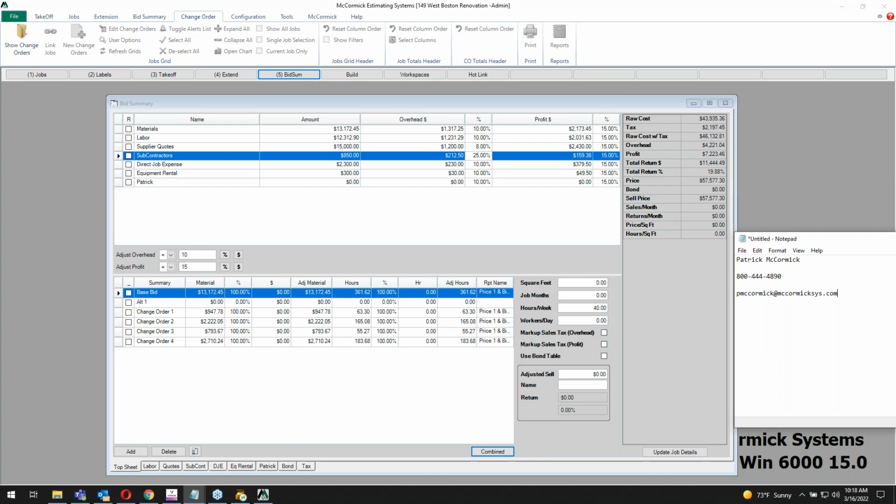So the point of this is we're showing that you can create and manage multiple types within this one job. So in my example, and I'm providing